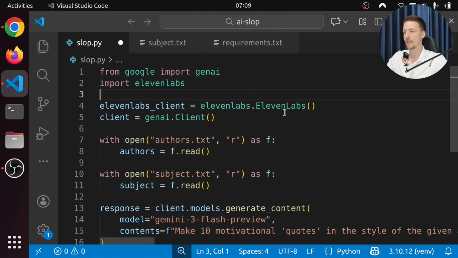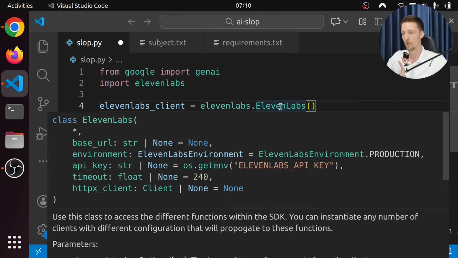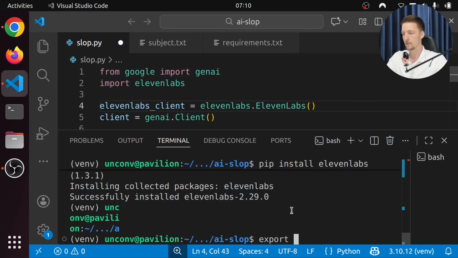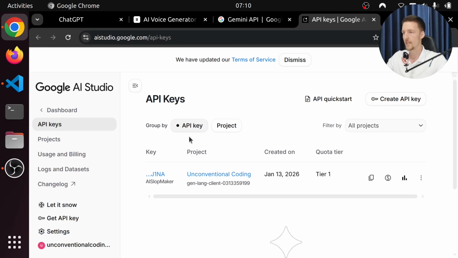But now we have the ElevenLabs client here, and we can also pass in the API key here, but I believe that ElevenLabs will also use this ELEVENLABS_API_KEY by default. So let's add that one. Let's do export ELEVENLABS_API_KEY, and I'm going to create an API key.